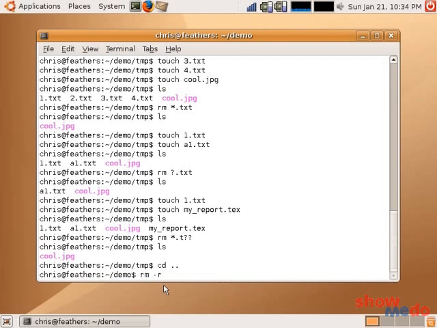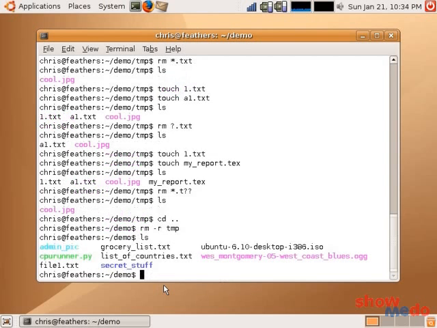So let's see what happens if we don't give the F flag, the force flag that is, and we just tell it to remove recursively our temp directory. Whoops, so apparently I was wrong. The -R was enough to descend into the temp directory, remove its contents, and then remove the temp directory itself. If you were ever presented with a situation where it descended into the directory and then complained or asked for a prompt, you can instead automate that process just by saying